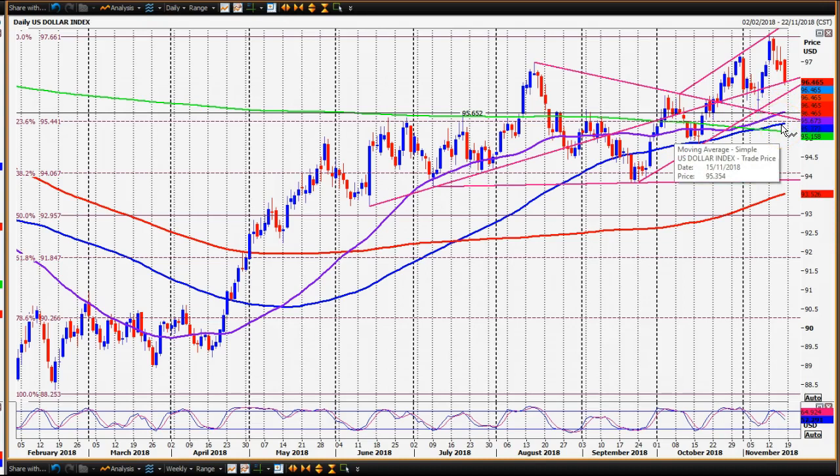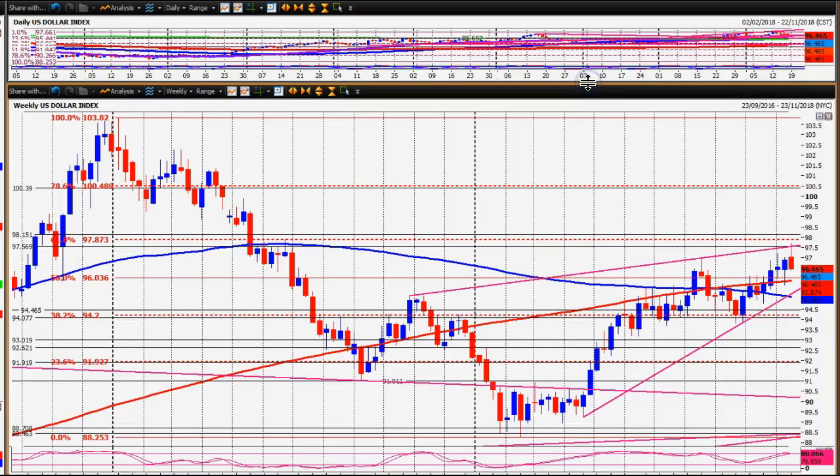So that kind of ties in quite nicely with that trend line that I showed you on that wedge on the weekly chart, where we had support around 95.50, 95.40. Ties in nicely here as well. So this really would be a nice buying opportunity. Let's go back to the weekly chart. Down here, and if we were to bounce nicely off there, you can see, oh yeah, 95.50, 95.40, then maybe